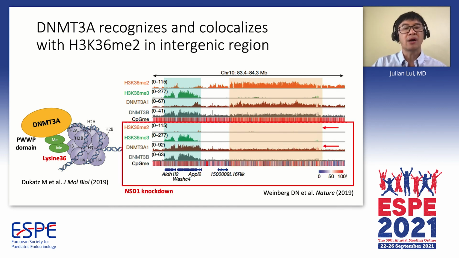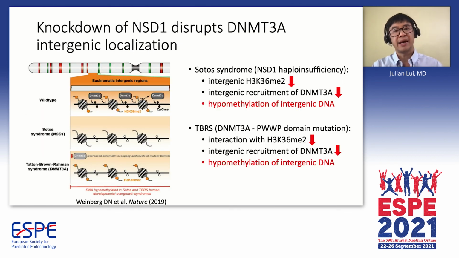And when you knock down NSD1 in these cells, which is like Sotos syndrome, you have a loss of H3K36 dimethylation, which is expected because that's what NSD1 catalyzes. But then you also see a loss of DNMT3A recruitment to the same genomic regions, suggesting that in both Sotos syndrome and Tatton-Brown-Rahman syndrome, there could be a decrease of intergenic recruitment of DNMT3A, which then leads to